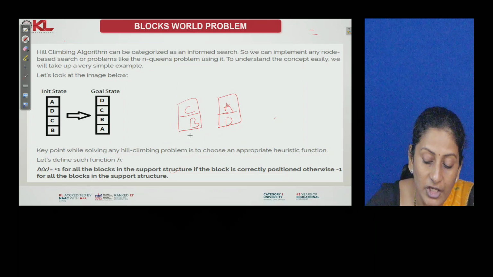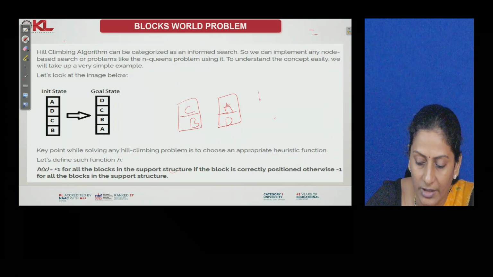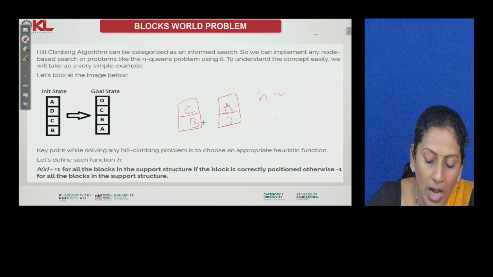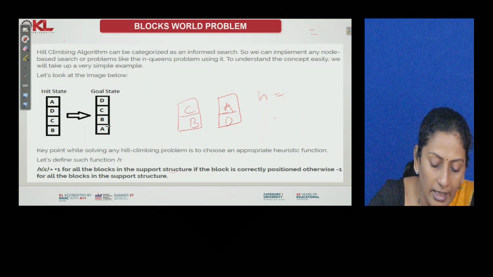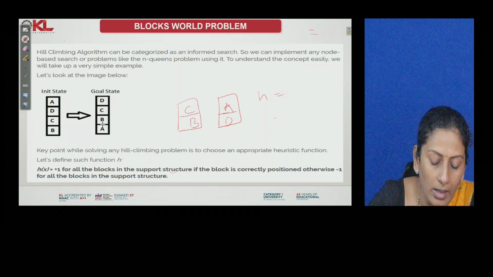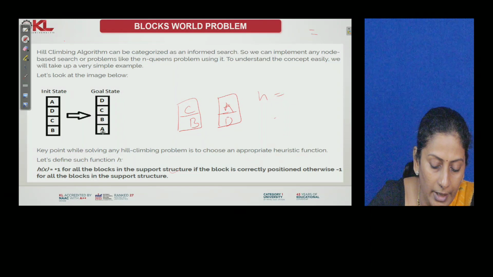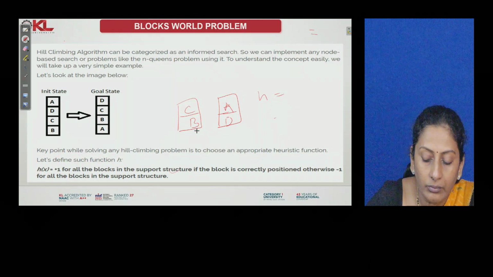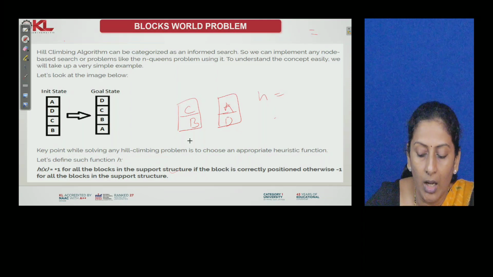I'll consider each and every block to calculate the heuristic value. Okay, so I'll consider B first. In the goal state, there is one block under B, and here under B there is nothing, so nothing to do. And consider